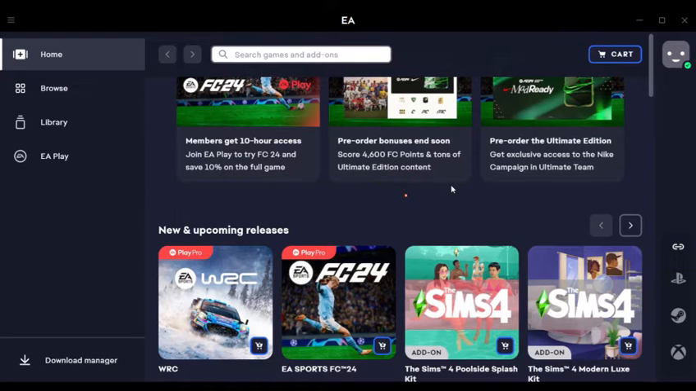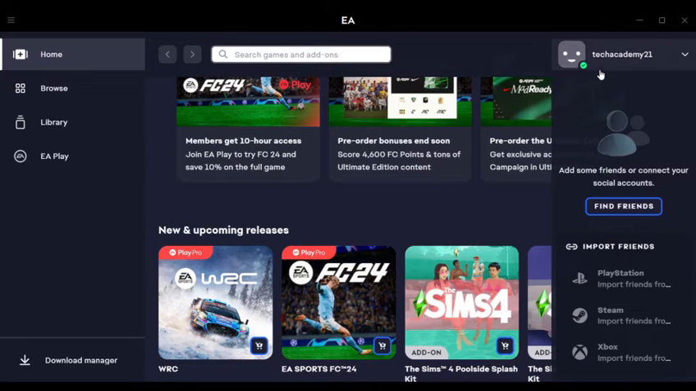Now in order to go offline on your EA account, first of all go ahead and open up your EA application on your Windows device. Now you'll be greeted with this screen on your Windows. Now all you have to do is go ahead and tap on that little cartoon icon which is in the top right corner,